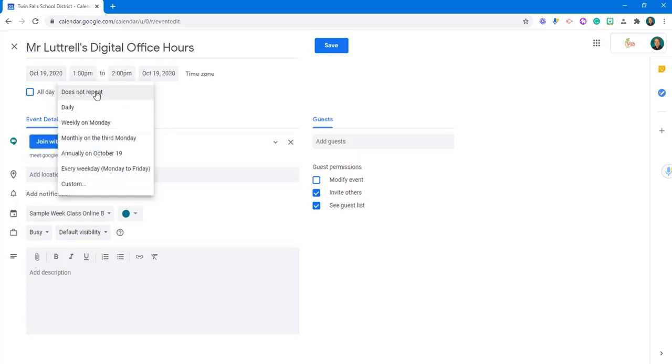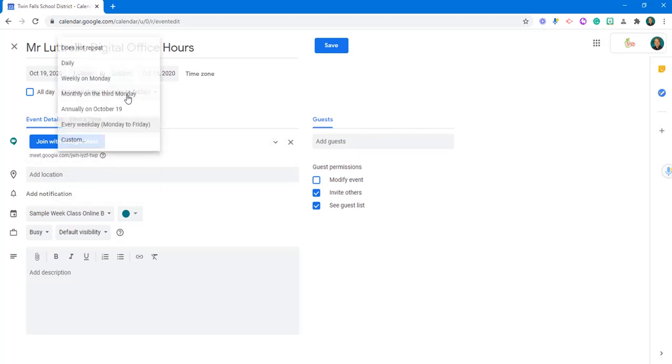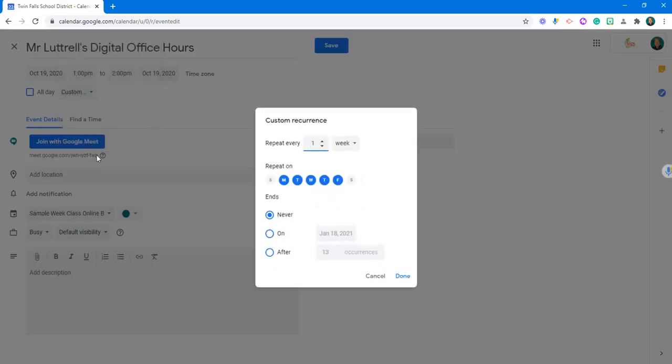And I want this to repeat every weekday, Monday through Friday, because I don't want them on Saturdays or Sundays. But I kind of want that to end at some point. So after I chose Monday through Friday, I'm going to go back and choose custom. And I want it to end on